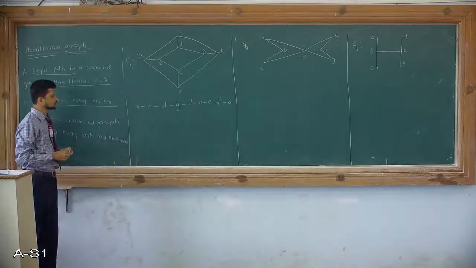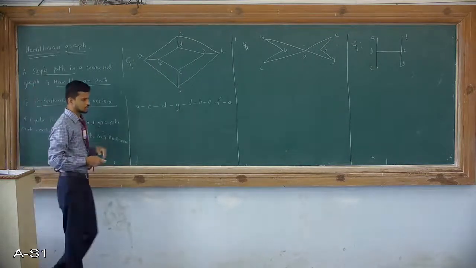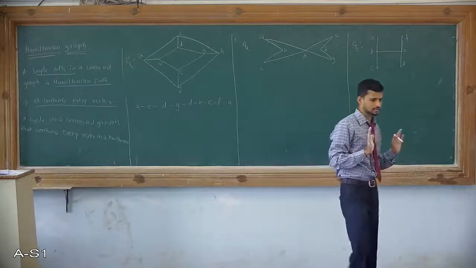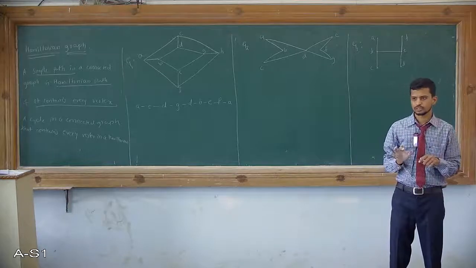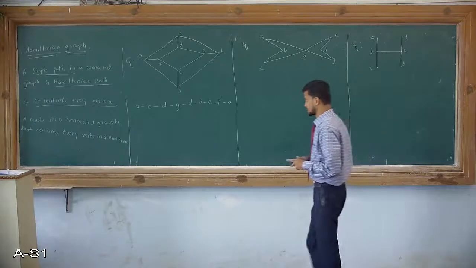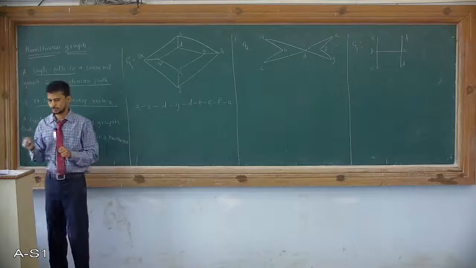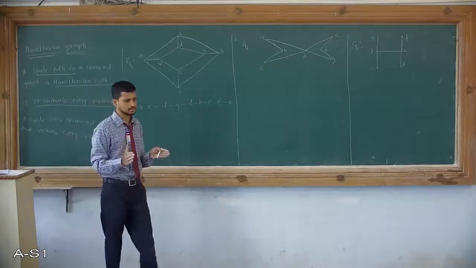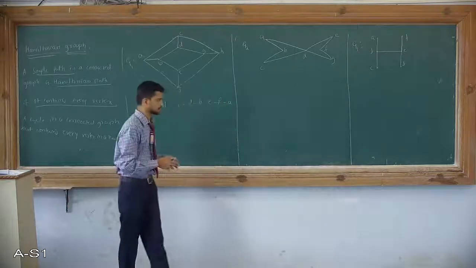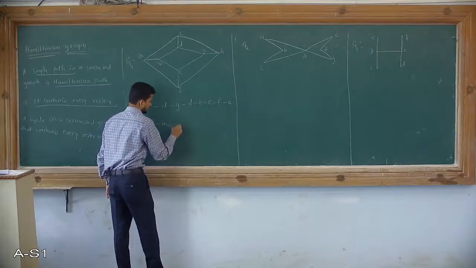The question is, first and foremost, are all the vertices present or not? Yes, all the vertices are present. So therefore, it is a Hamiltonian path, and vertices are not repeated here. It is important. And what about the starting point and end point? They are the same. So it is called a Hamiltonian cycle. So then it is a Hamiltonian graph. So G is a Hamiltonian graph.